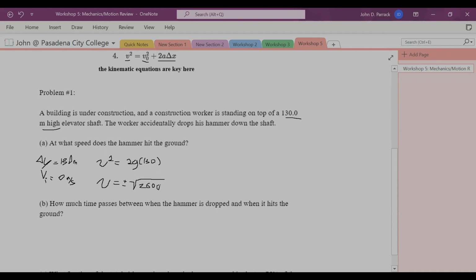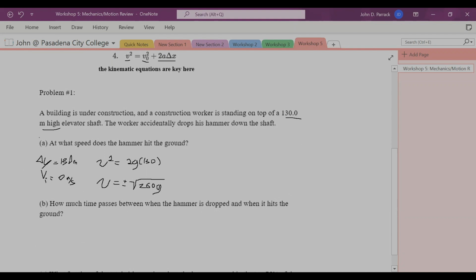Now I'll encourage you to punch that into your calculator. I'll do the same. Let's see what answer I get. The square root of 260 times 9.8, let's say. Okay, and I'm coming out with a velocity of 50.47 meters per second. And is this plus or minus? Well, it's going down, right? It's going in a negative y direction. So we should say negative